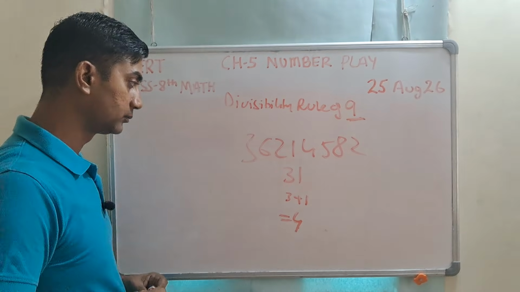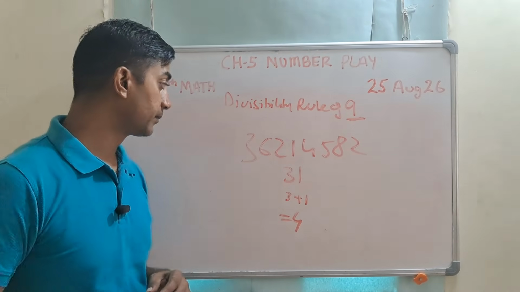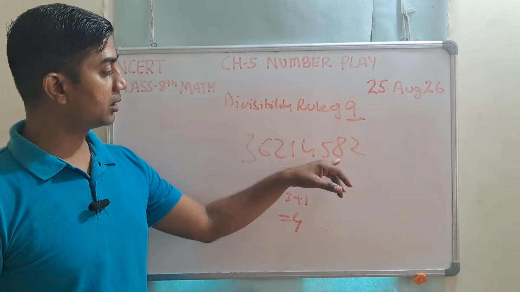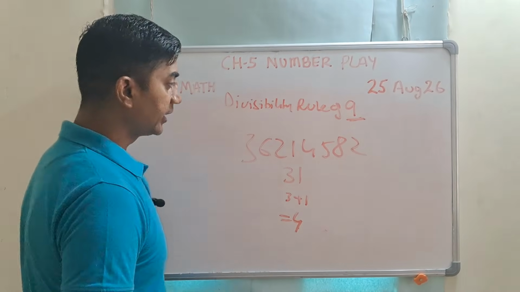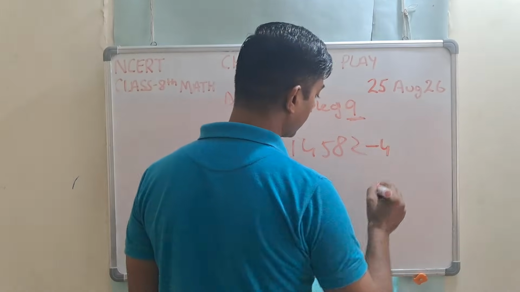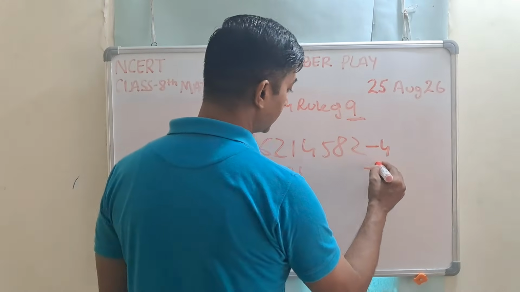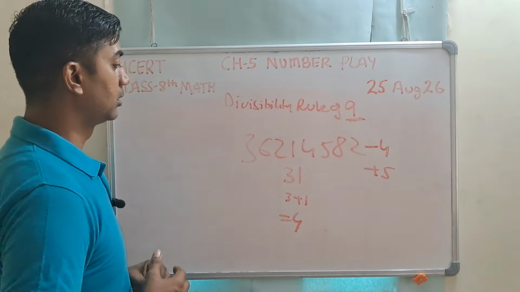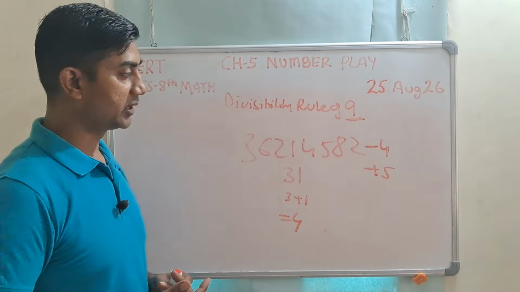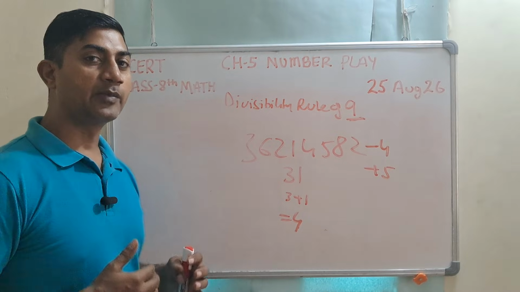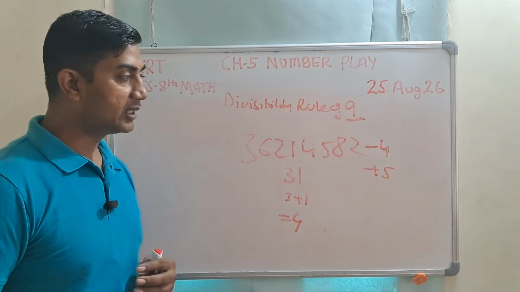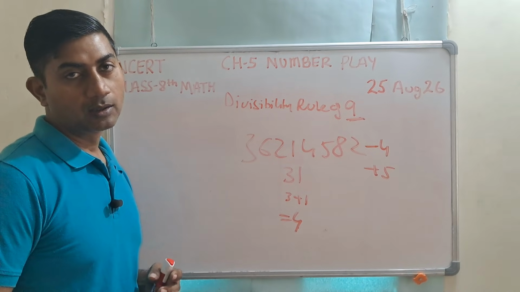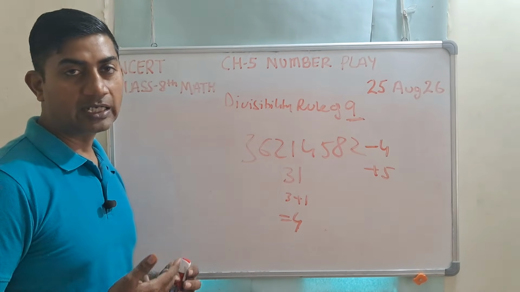Now see very carefully. In this number, your remainder is 4. Either you subtract 4 from this number, or you add 5 to this number. What will you get? You will get remainder 0. Understood? What does that mean? That means that particular number is now converted to a perfectly divisible number, perfectly divisible by